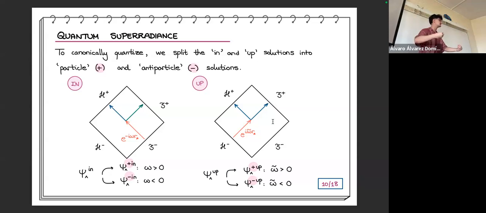And this is very motivated by what happens for scalars. For scalar fields, this is not a choice. This is what you need to do to have something; if not, you cannot construct a quantum theory. So basically, motivated by the scalar case, I do this quantum theory, which I can because I can do whatever I want, following some rules. Any questions? Because this might be the trickiest part. Perfect. So this is just a splitting of the solutions into what I call particles and antiparticles.